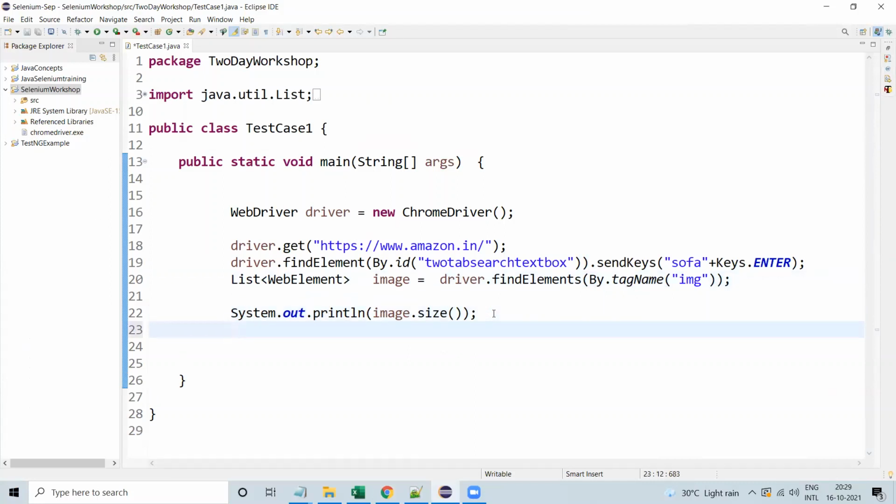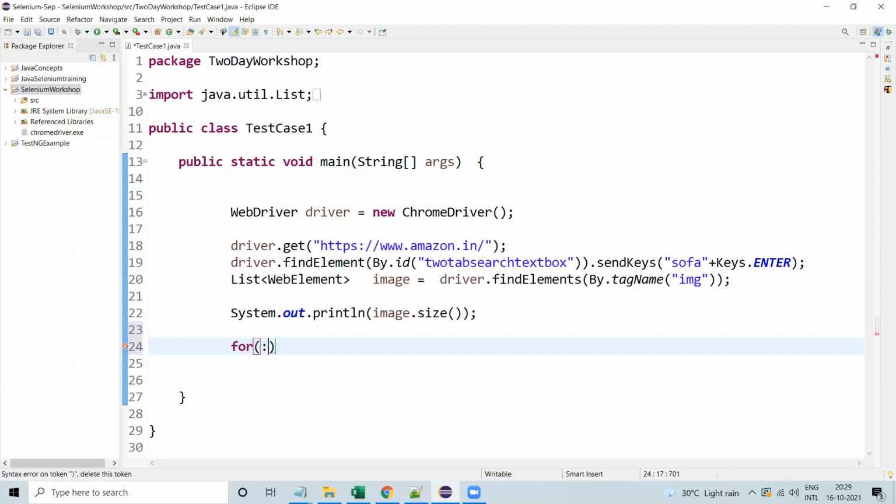I just want to print all the image names or text or attributes. So how to go about it? You can use a for each loop. On this side I want to add image, because all the elements are stored in image.